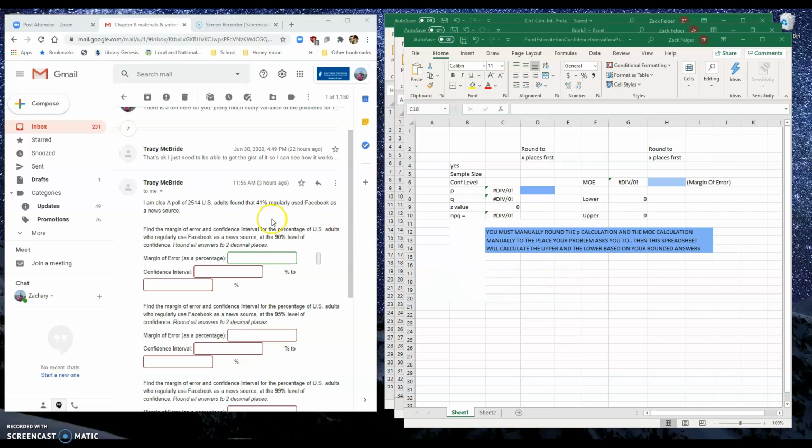Alright, Tracy, to complete these problems, all you need to do is take 41% of the sample they give you, so the sample being 2,514. We need to find out the 41% of that. So if I just hit equals, 2514 times 0.41,